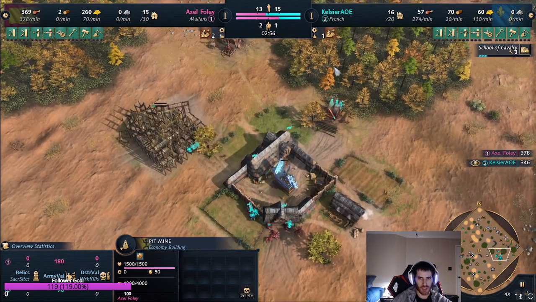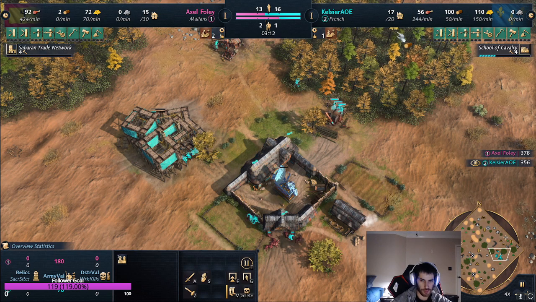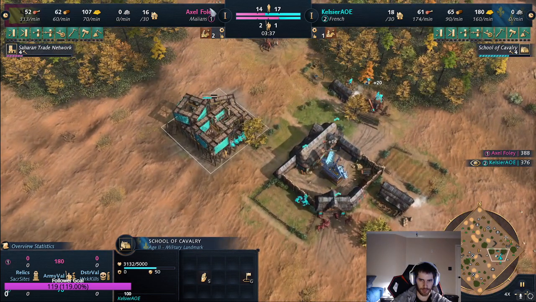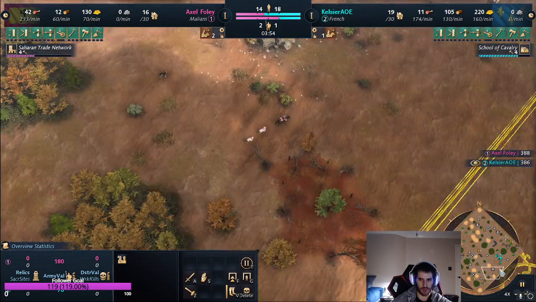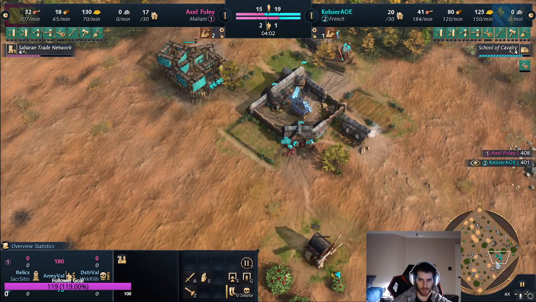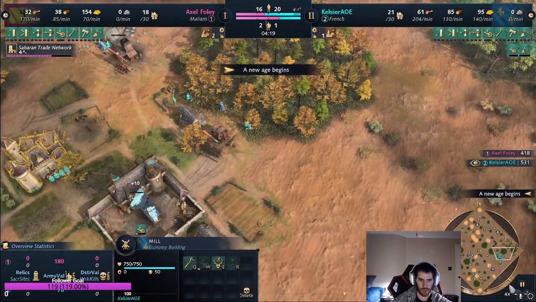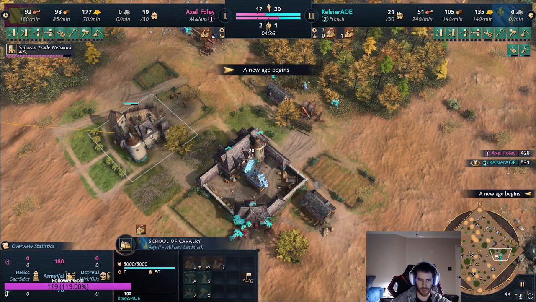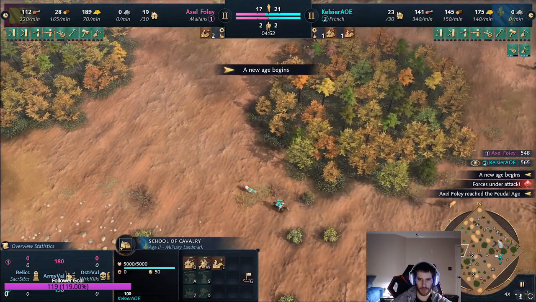So you see how I'm sending more villagers to wood here than I normally would as French. That is because I'm not trying to rush a knight, I'm trying to rush horsemen. I actually maybe could have pulled off the gold even earlier in this game, and that is something I could learn from. Still go for wheelbarrow immediately though, like a normal French build. And I actually didn't have enough food for horsemen right away, but